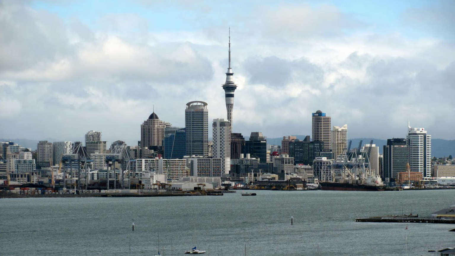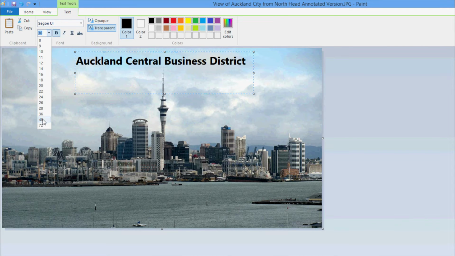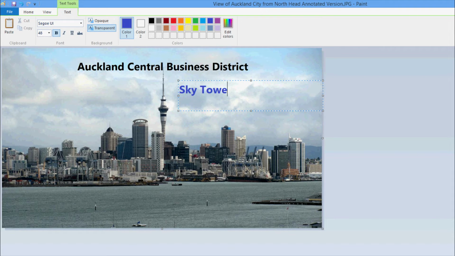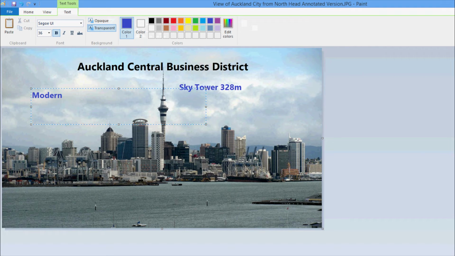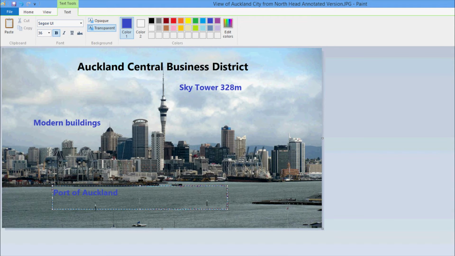When annotating a photograph of an urban environment, you should include details such as a title, which in this case is the Auckland Central Business District, the height of buildings, for example the 328 metre Sky Tower, the style and age of buildings, infrastructure features such as the ports of Auckland and the Devonport Wharf,